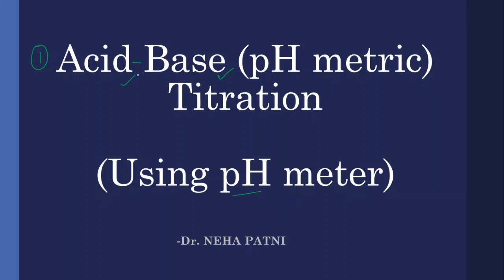Now, that titration you can perform using any apparatus. It's not that you are only going to use the conventional burette and pipette; you can anytime utilize the pH meter to find that. So this video is more focused on telling you how to use a pH meter in order to perform the same acid base titration, the HCl NaOH titration, which you have done earlier.